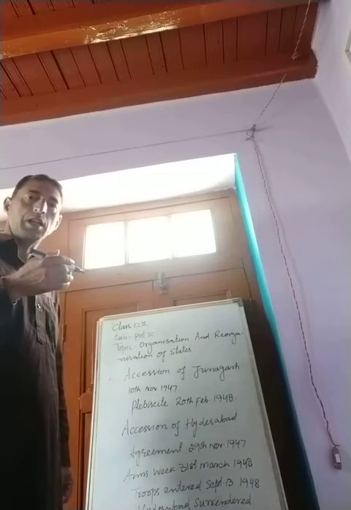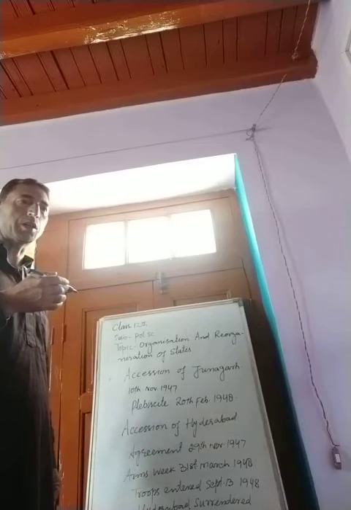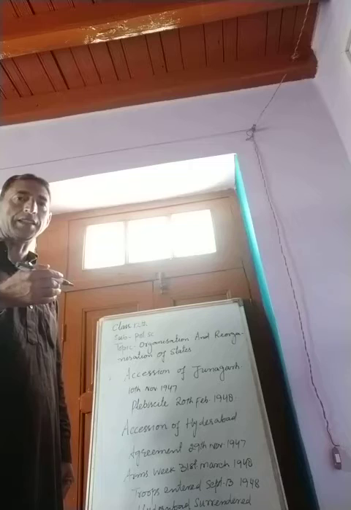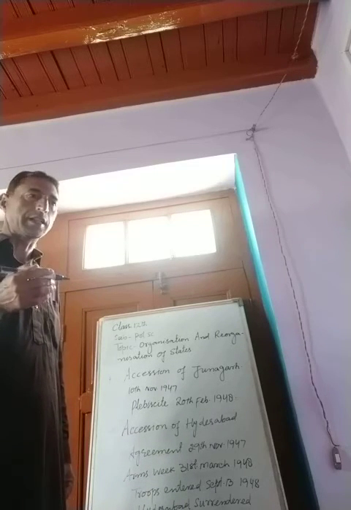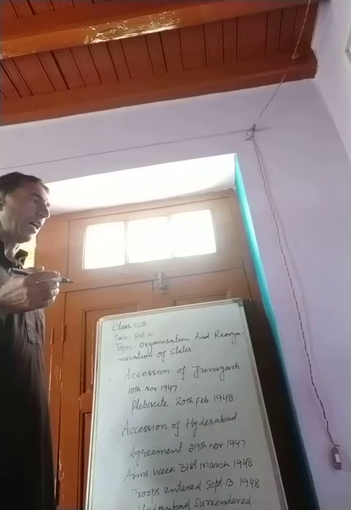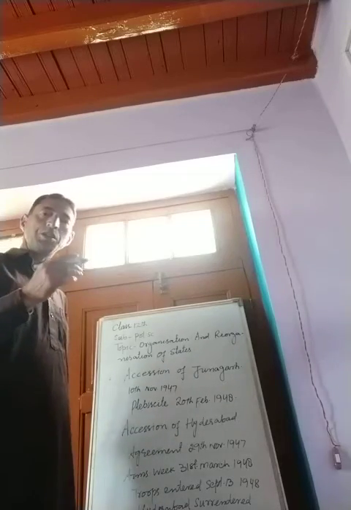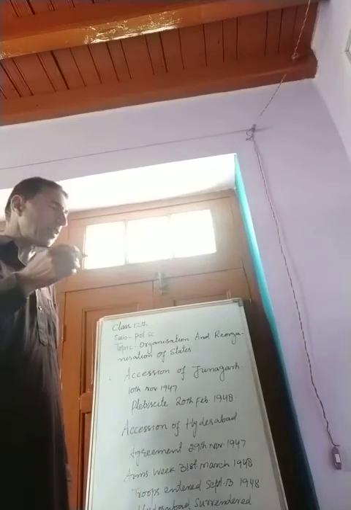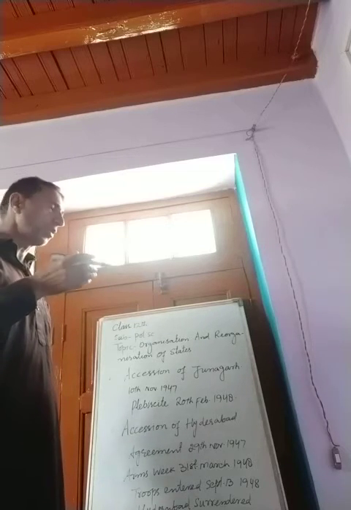If this is the case, and he has threatened to kill 1.5 crore Hindus of Hyderabad in case India attacked Hyderabad, then I will tell you frankly, plainly, and I would not keep you in the dark, that we do not agree that Hyderabad would remain an independent state within the boundaries of India,